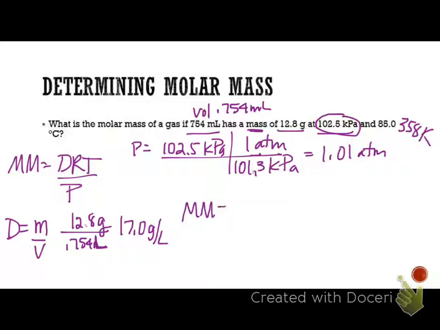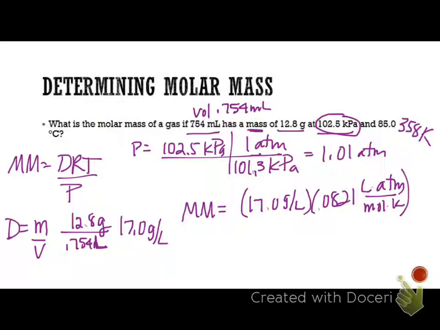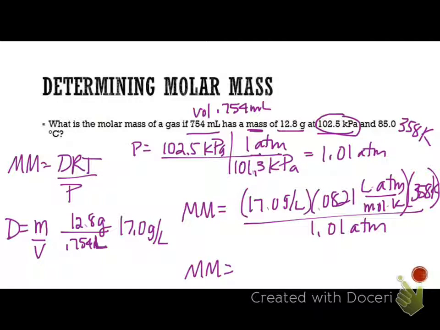So now I can plug in everything. 17.0 grams per liter, R, 0.0821 liters times atmosphere over mole K, and then my temperature was 358 Kelvin divided by 1.01 atmosphere. So I get my molar mass. Liters cancel. Oops. Liters cancel. Atmosphere cancel. Kelvin cancel. Left with grams per mole. Multiply the top, divide by the bottom, and I get